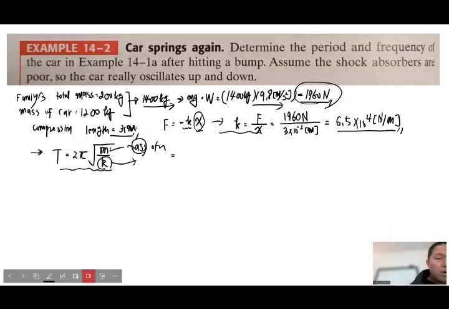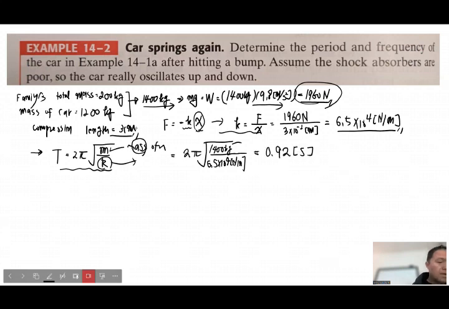If you plug numbers into this formula, then the period should be 2 pi square root of 1400 kilograms over 6.5 times 10 to the 4 Newtons per meter. From that, the period should be 0.9